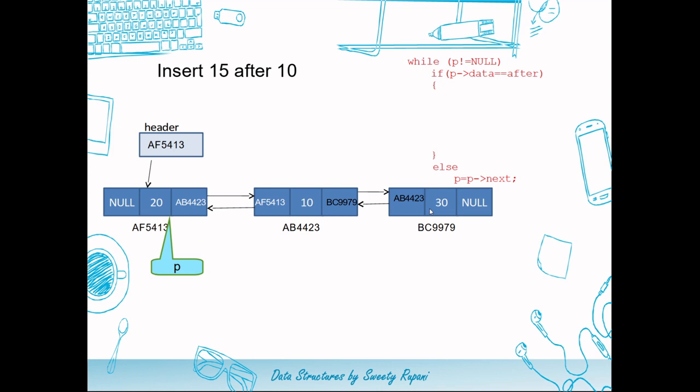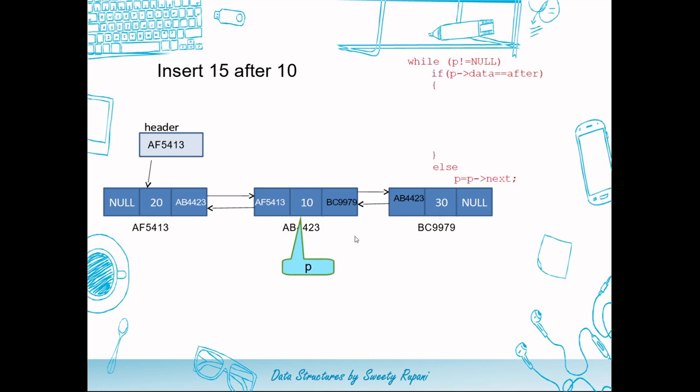So for that also we have to go for searching a required node, that is a node having a value 10, for which we will be taking this while loop. Here we are going to continue till our pointer reaches out of the list, that is we check all the nodes in the list. That's why it is written while p not equal to null. Now unless and until p is not null and p data part is not matching, we are just going to continue to move this p to a next node.